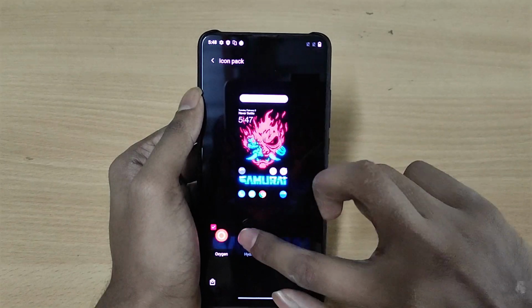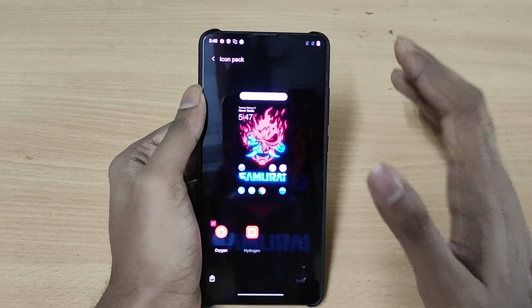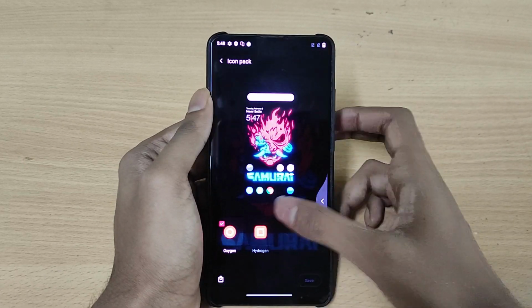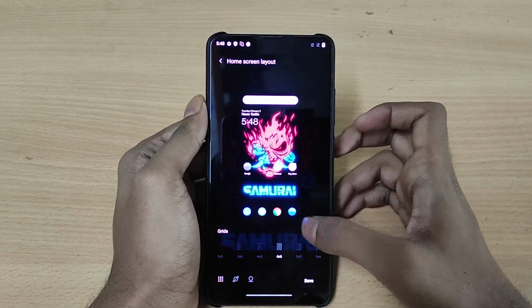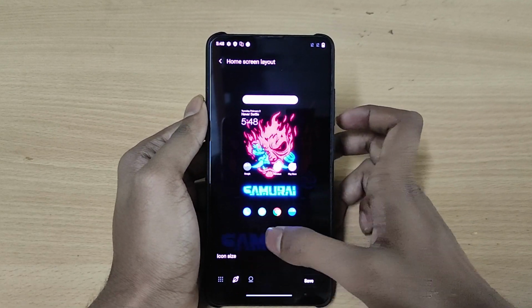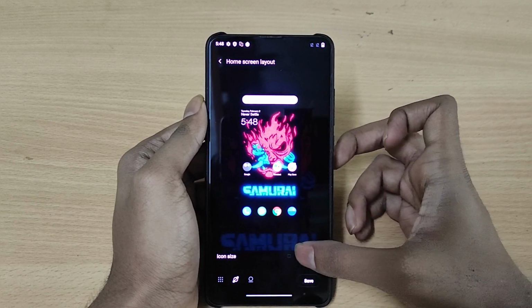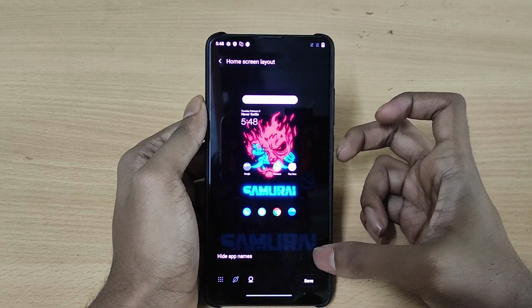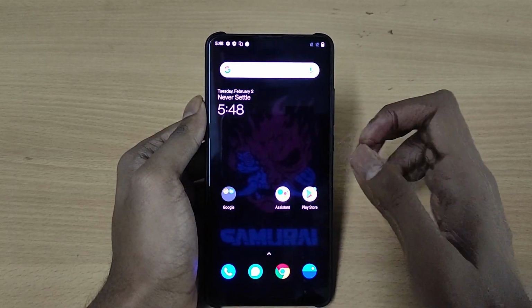Here you can also install icon packs. Here you will get a preloaded icon pack of the Hydrogen OS, so if you prefer that, you can set that as well. Here you can also customize the home screen layout, so if you want a 4:3 look, and you can also change the icon size as well. If you want big icons, here you can choose, or if you want small icons, you can also hide the name so it won't show the name of the app. So yeah, that's pretty cool, I guess.